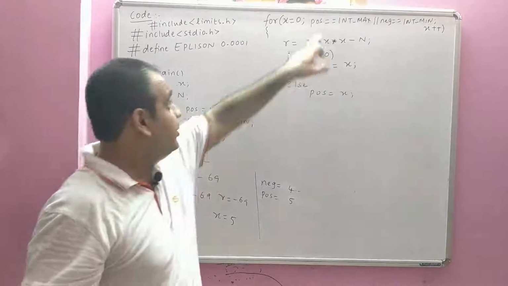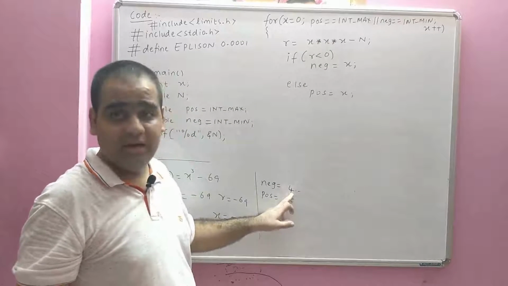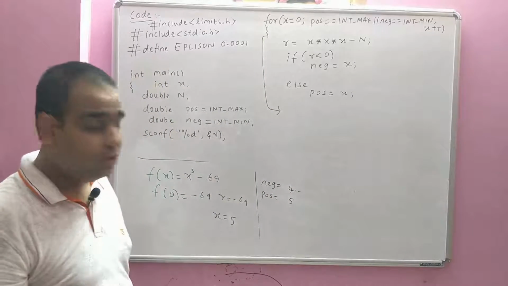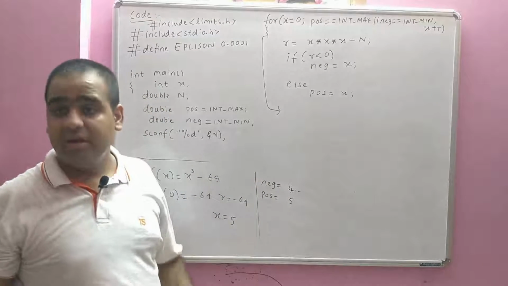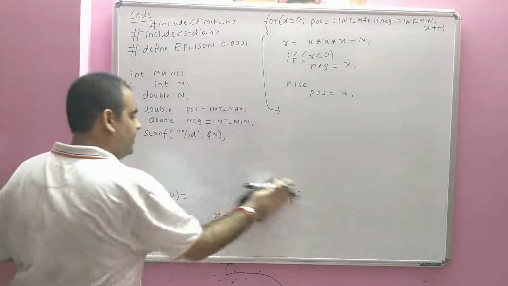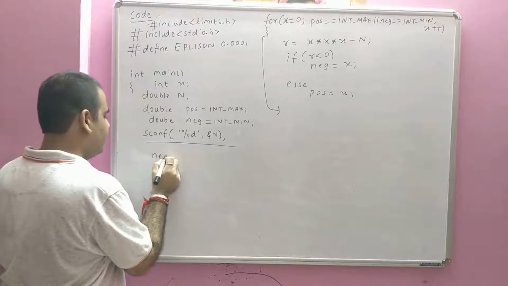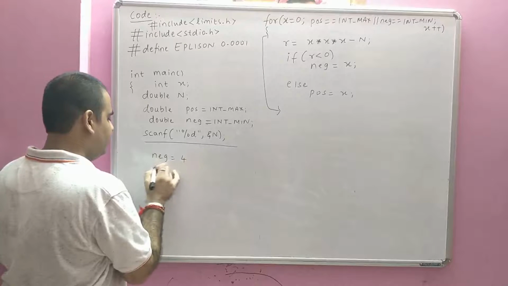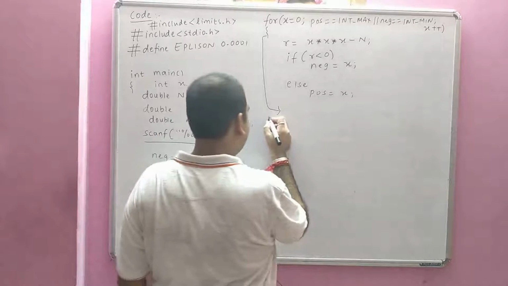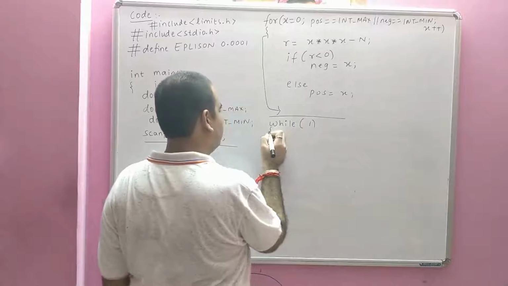Now go to this loop, positive is 5, 5 equal int max, no, 4 equal int min, no, that means both the conditions are false. You come out of this loop, and we know that the answer is somewhere between 4 and 5. Now when does this convergence happen? We don't know when the convergence will happen. Negative is 4 and positive is 5. Therefore, we need to write an infinite loop over here. We say while 1, because we don't know when it's going to merge.